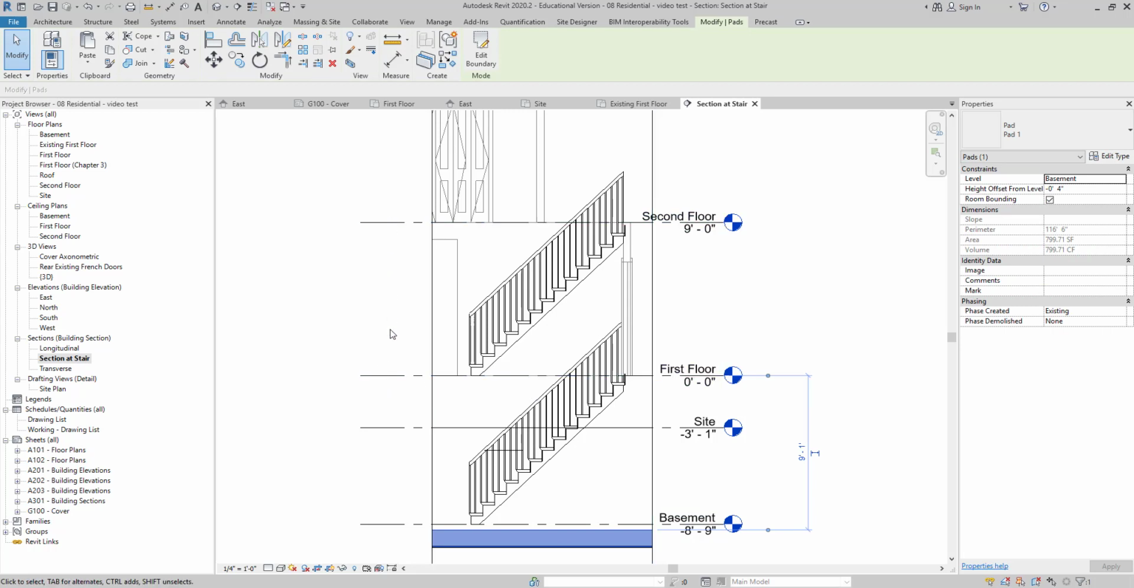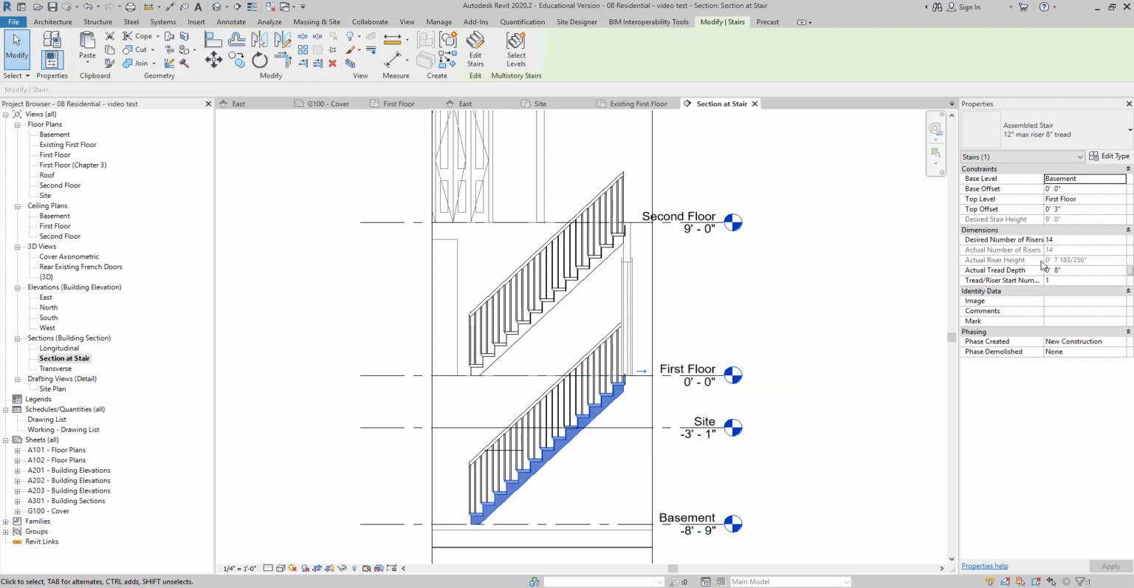Second floor to first floor is 9 feet. First floor down to basement level is 8 foot 9. So then the basement floor is actually beneath that. So what we have here is it adjusted the stairs to fit from level to level, which is really nice. So if you click on this stair, you can see it says the actual riser height is 7 and 138/256. And the stair here is 7 and